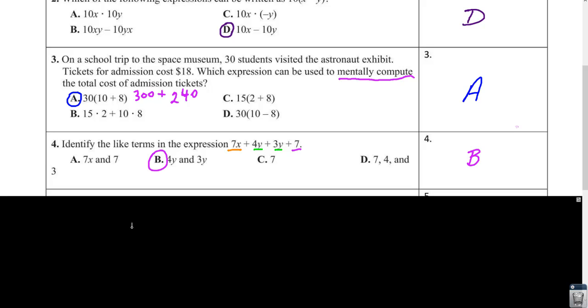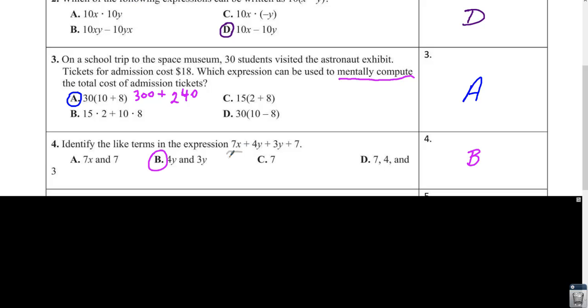Number 4, identify the like terms in the expression 7x plus 4y plus 3y plus 7. And you'll notice what I did in this case was I decided to underline my terms, and I have the advantage of different colors here. If you didn't have the advantage of different colors, let me get rid of all 3 of these. You can go back and look at it in a minute if you want to. But let's say you're just doing pencil. So if you were just doing pencil on this, you could say, well,